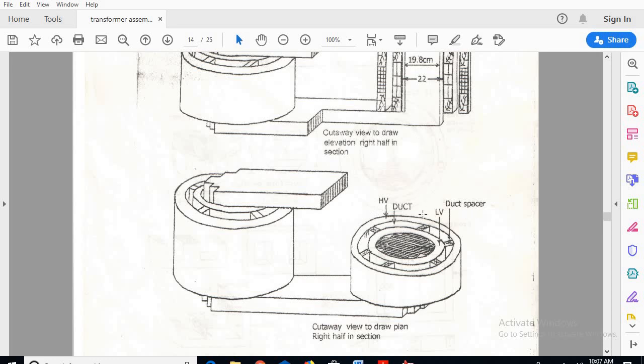If I see from the top, I can see all the 3 steps. With respect to all the 3 steps, I know the values of A, B and C. It can be visible from the plan, that is from the top view. And also I can see the circumscribing circle. Next LV winding, next insulation between LV and HV, next HV winding. That is the duct he has considered here as the oil duct. So this is the plan.